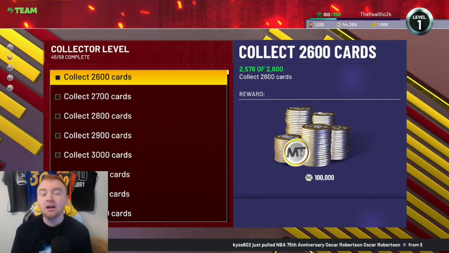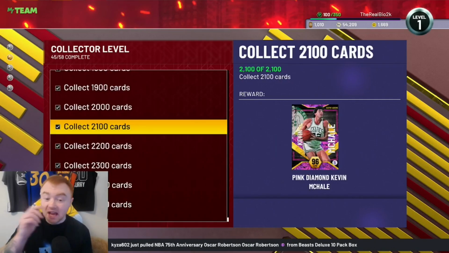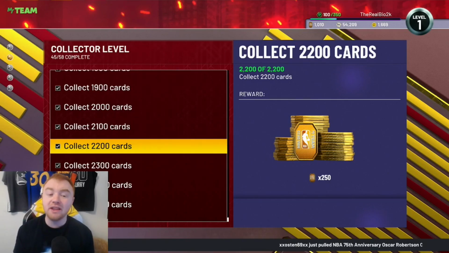I don't really want to talk about collector level too much. However, I do think that there is a good amount of tokens that can still be obtained relatively easily. You guys can see at 2,200 cards collected. Now, if you guys just started or you are no money spent and you don't care about collector level, there's a reason why I'm not going to push this too much. It's obviously because 2,200 cards is a lot, and I do know that it takes a lot of MT